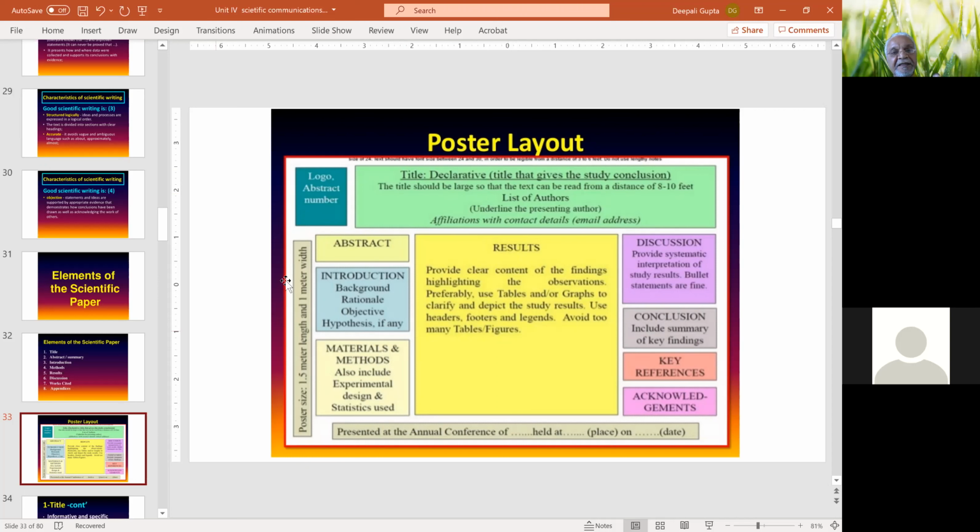Everybody knows that these are the required elements for scientific communication, but one has to fill these blanks appropriately. A poster gives you very little space for this purpose, but a paper gives you slightly more.